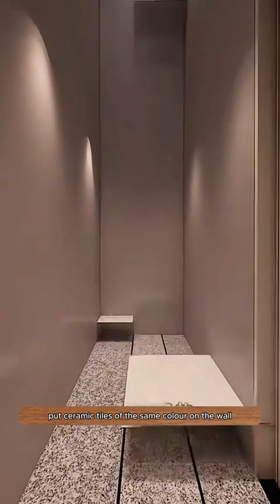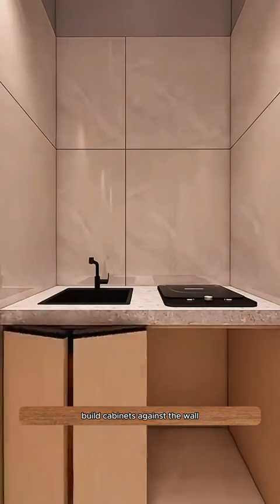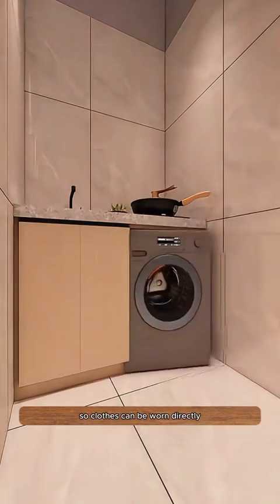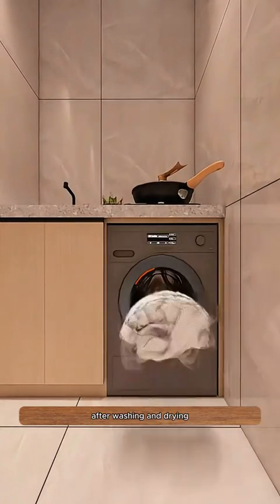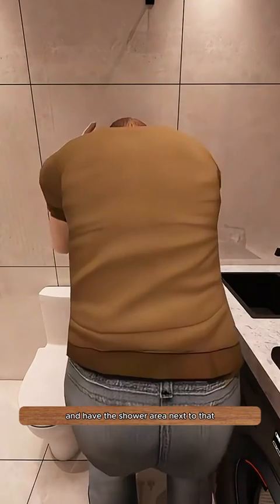Put ceramic tiles of the same color on the wall to prevent moisture. Build cabinets against the wall to make eating at home healthier. Embed a washing machine below so clothes can be worn directly after washing and drying. Place a toilet next to it for hygiene, and have the shower area next to that so Liam can take